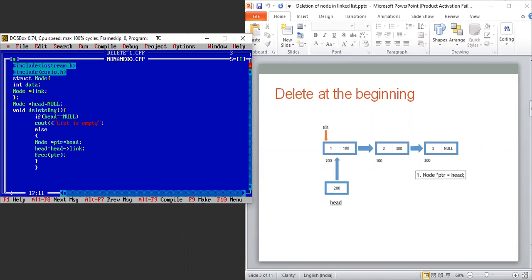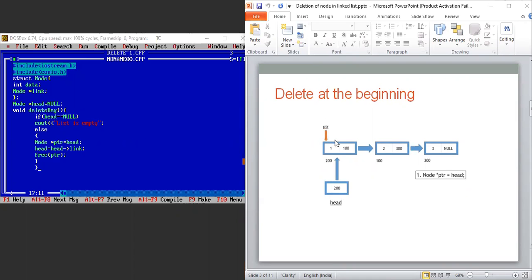So again, I will show you on the PPT part. What I want to say is that head will always contain some particular address, and if it is null, that means the linked list is empty over here. Now in this particular case, let's suppose this head is having 200 as a value, but it is pointing to this particular node to which we have assigned PTR as the variable name.